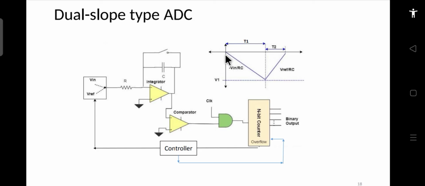There are two slopes, so that is why it is called dual slope. This is the first half and this is the second half. In this T1 half, the input is integrated, and then in the second half, the reference voltage helps it to come back to the zero position. So this is how this circuit works.